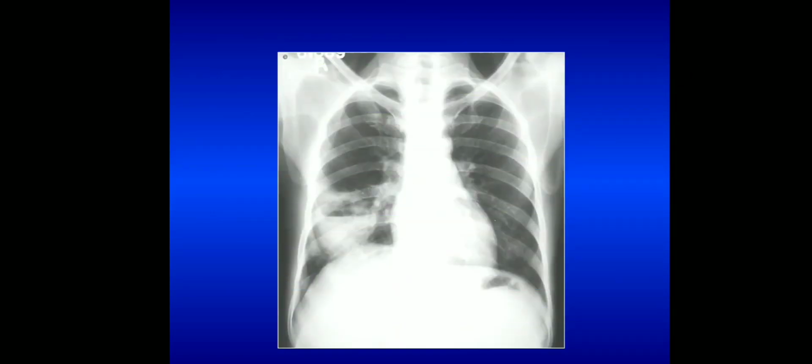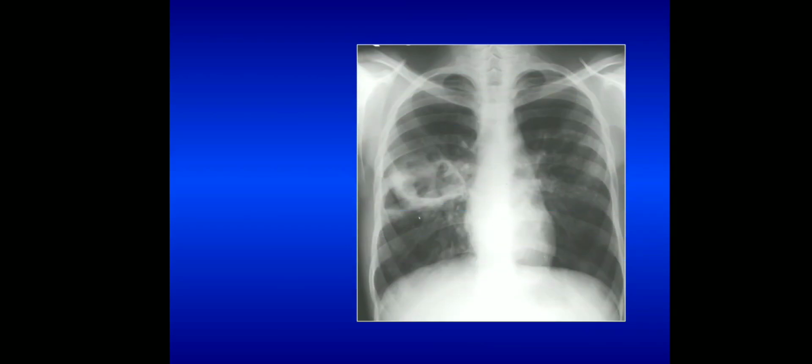So you can see lung abscess. You can see a well-defined, thick-walled air fluid level, a cavitating lesion. This lung abscess is prone to later on become cavitatory. So now it is fluid and air within the abscess, and the abscess is thick-walled in the right mid and lower zones. Another lung abscess in the right mid zone, thick shaggy walls, irregular. So this is another case of lung abscess.